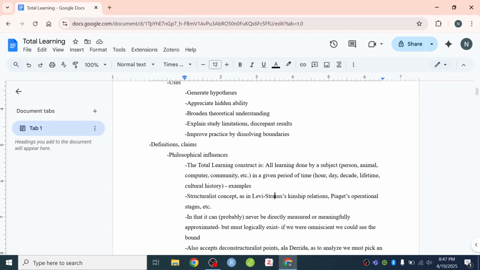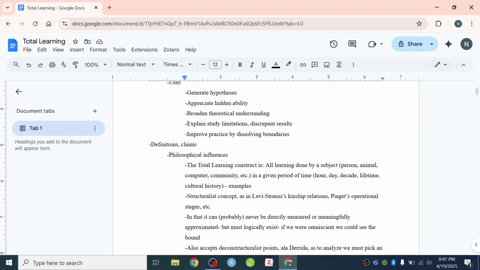We're not very particularly close to being able to do this at the moment. And indeed, it may not ever truly be possible to completely measure total learning, and in fact, furthermore, it probably can't even be meaningfully approximated. So much of it is occurring and it's so difficult to measure or show evidence of that even a close approximation may be outside of our reach, but we may be able to more closely approximate it by asking broader questions and finding more varied answers.